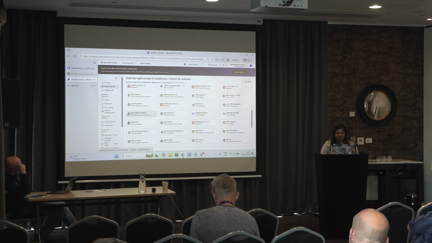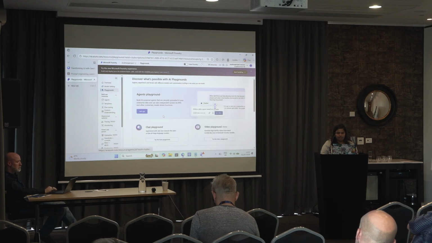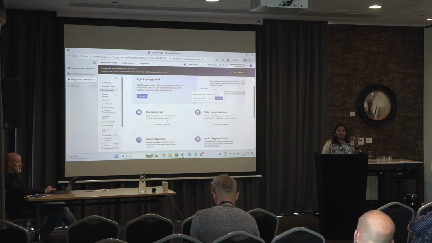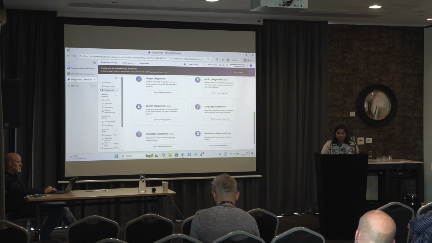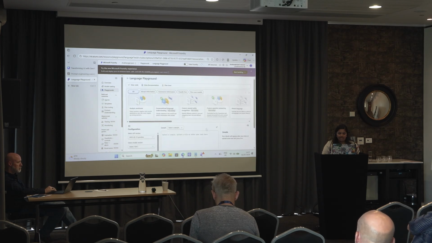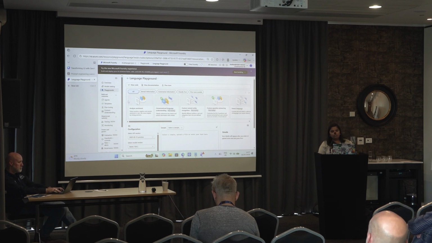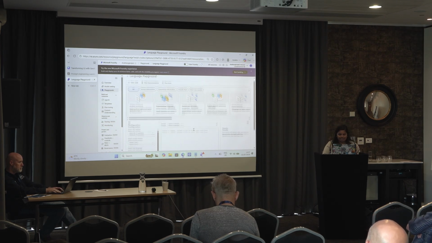So this is basically the first bit, and if you go towards the playground area here, you can try a lot of things. You get some free Azure credits, so you can use them for trying things out here. So let's try the language playground, since we are talking about linguistics. In the language playground, you will be able to see quite a few things it currently does. Like there is sentiment, there is named entity recognition, there is language detection, so a lot of things. So I'm just going to show some examples. Obviously, feel free to explore in your own time, because I think we have 15 minutes left, so I want to cover all the bits as well.